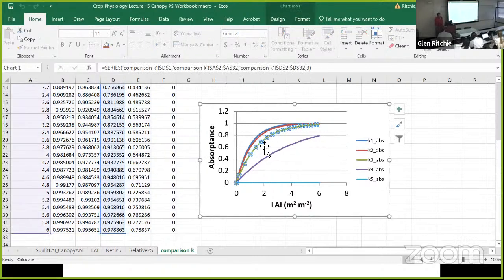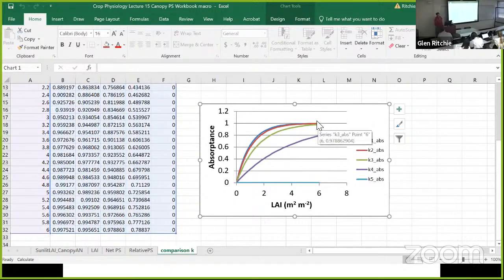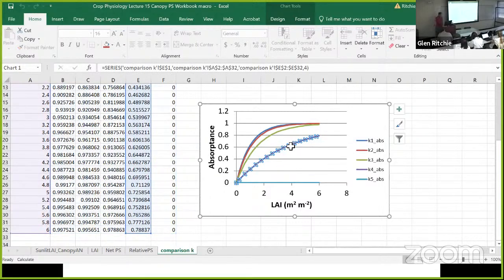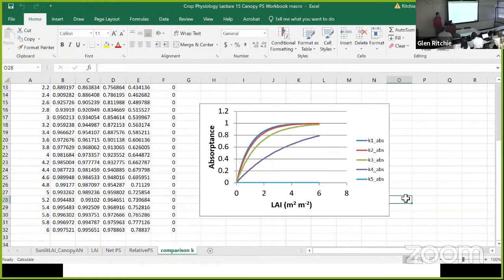So here's 50 degrees. You notice a significant difference, but as you get to higher leaf area indices, they're kind of reaching the same general point. At 75 degrees, you notice a significant drop off, and at 90 degrees, it's just 0 across the board. Now, this is assuming leaves pointing directly into the sun are infinitesimally thin, and essentially the sunlight is just missing them on both sides.